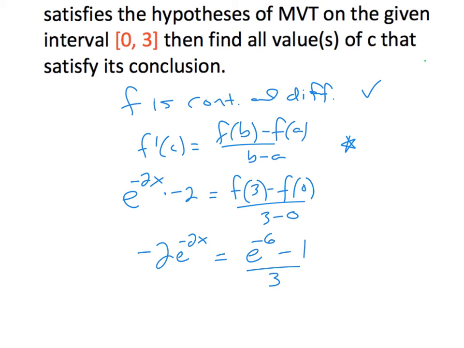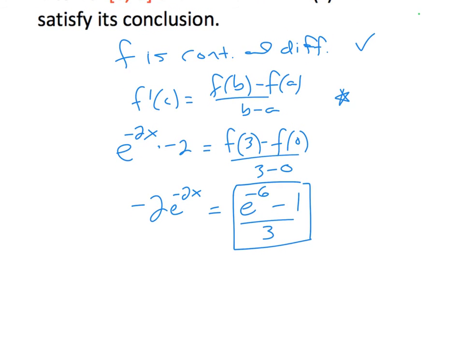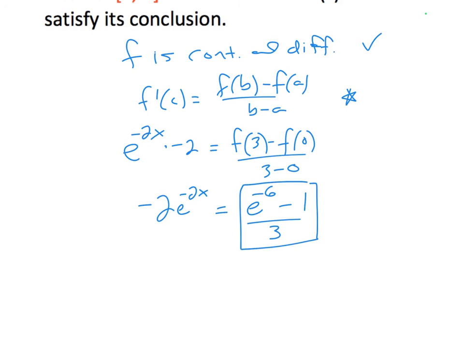And so you're trying to solve this. Here we're probably going to get some kind of decimal answer. In fact, it's okay to have decimal answers. So maybe get a decimal answer for what the right side is going to be there. And so in doing that, I get negative 0.333 if I rounded to 3 decimal places. So to solve for x, I would divide by negative 2, which gives me e to the negative 2x equals